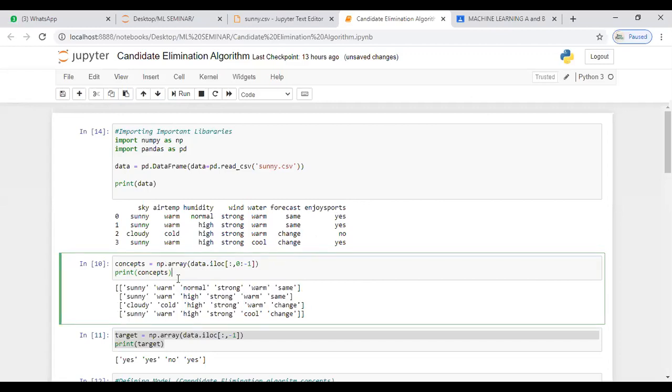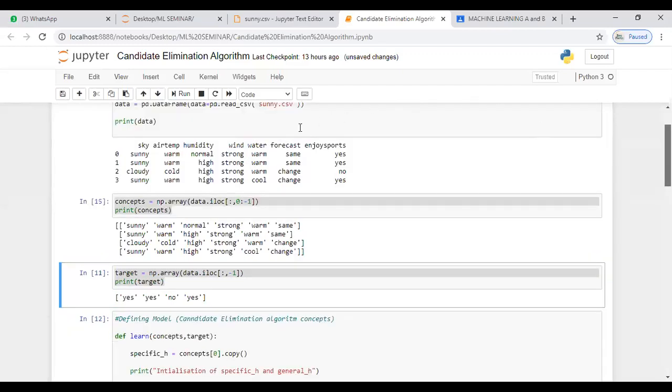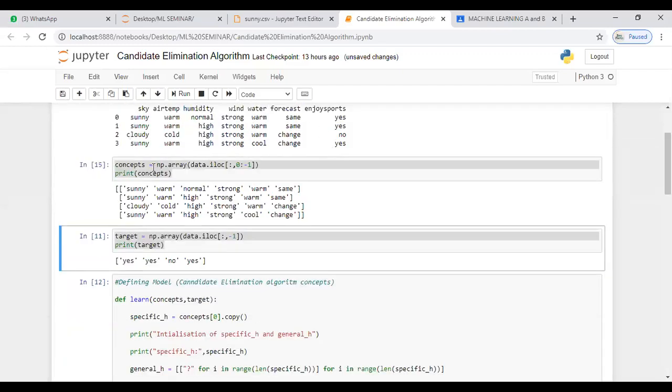So how do you run the program? You select the part and you press shift enter, and you'll find the data over here. Now my data has been printed and stored in a variable concepts. Now I need to store the variable enjoy sports. For this I use a target function, which is a target variable. I use np.array, and I print the data and store it in this variable target. How do I print this? I'm not using zero, since zero comprises from the first till the last. You can see over here, you can find 0, but you can find only -1. -1 refers to the last column that you want to print.